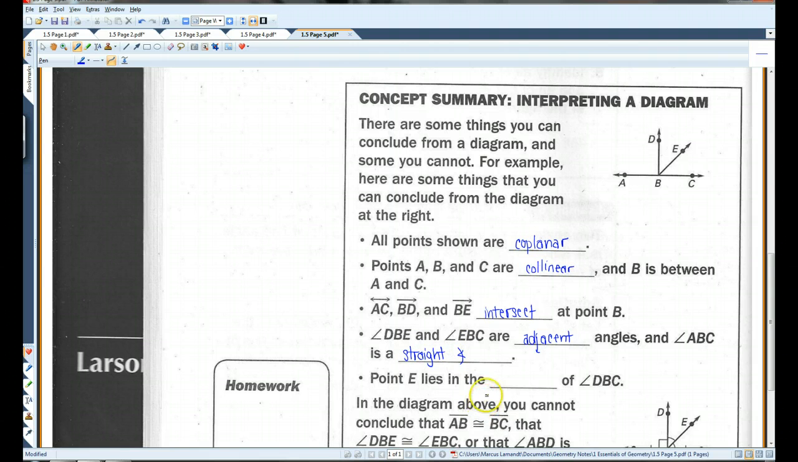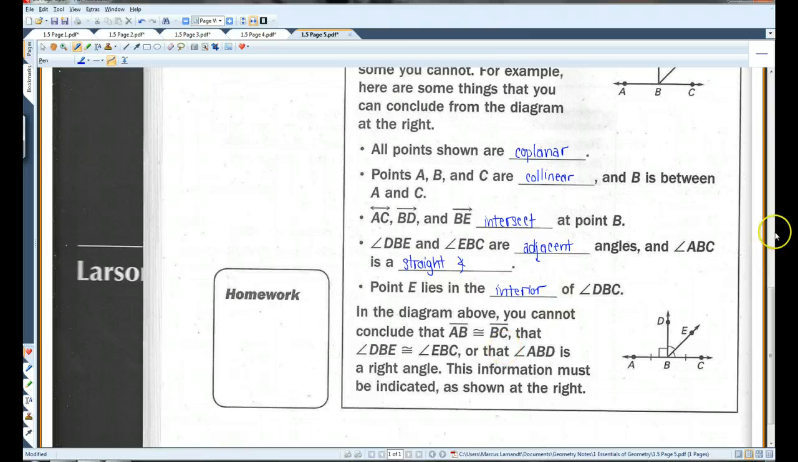Point E lies in the interior of angle DBC. In the diagram above, you cannot conclude that AB is congruent to BC, that these angles are congruent, or that ABD is a right angle. This is what you would need to see if that was the case. You would need to see these little dashes, which means they're congruent, these arcs, and this little box,